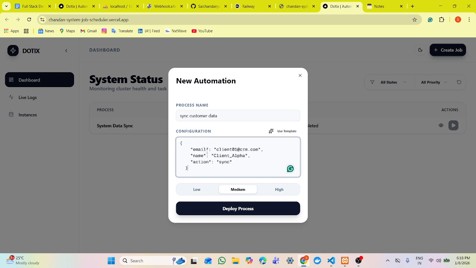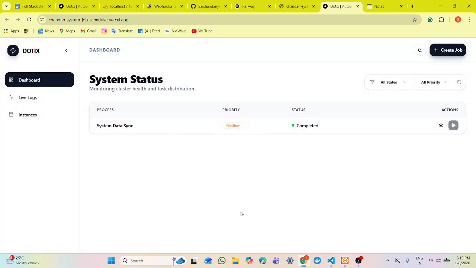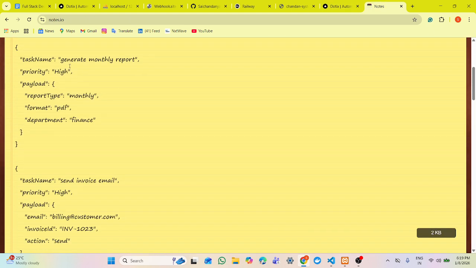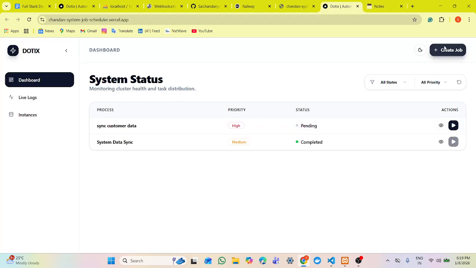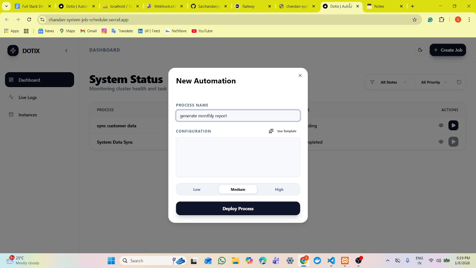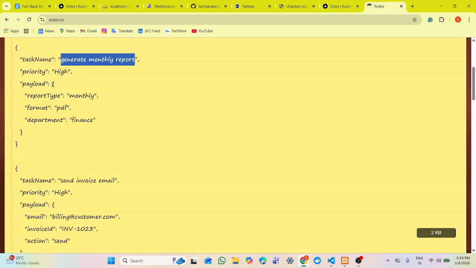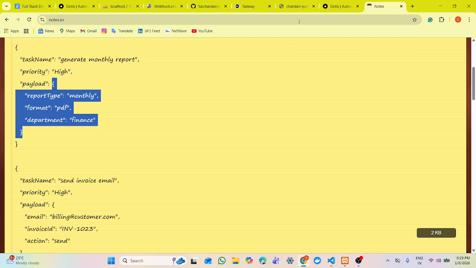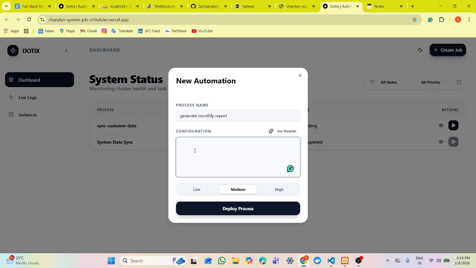Yeah, I'm creating a priority here, like this, processing. It is created, and by default it is pending. So we can also run it by clicking on this play button. I will create a few more data for testing purposes so that you can understand what I implemented here. While we are adding the configuration, this is the JSON data you have